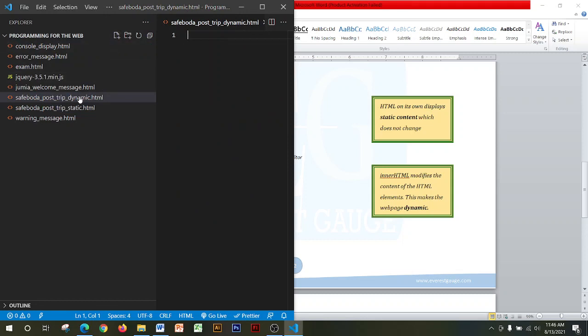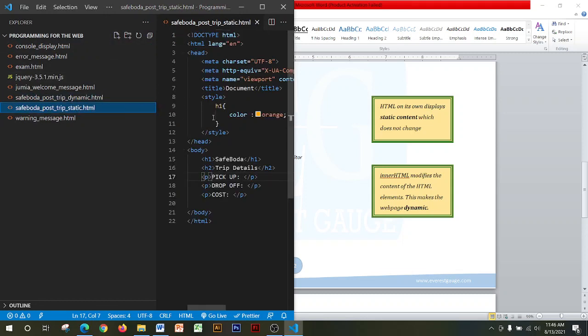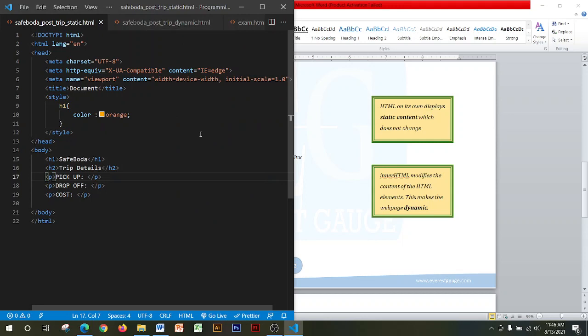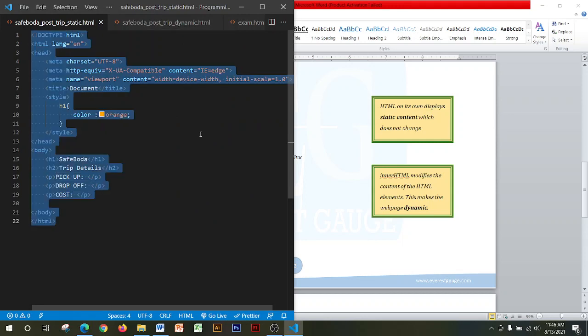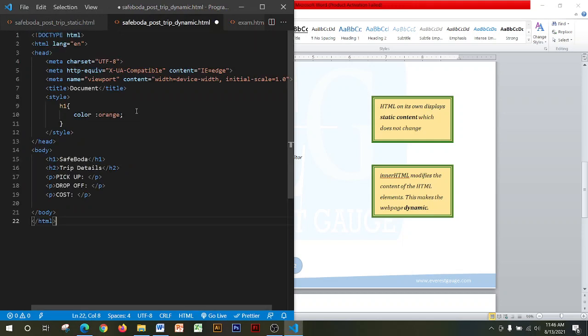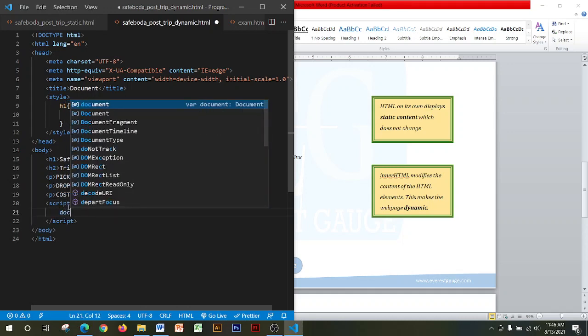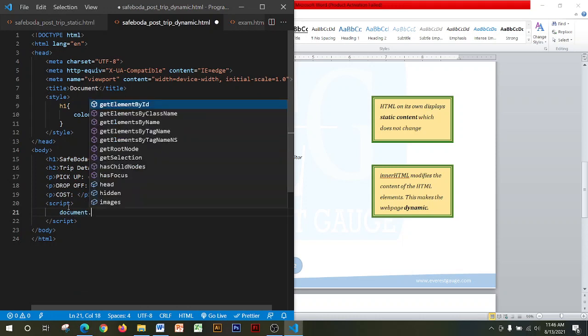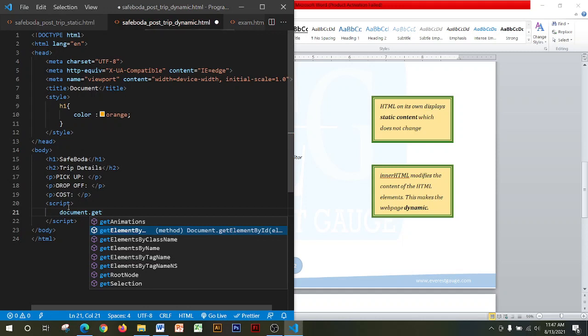So we have created our new file. I'm going to get the content from the previous task. Ctrl A, Ctrl C, then paste it in the new file. So JavaScript is going to come here, we insert it in our script tag as usual. Then we instruct JavaScript to access the document. The document is the actual page, and then we instruct it to get the element